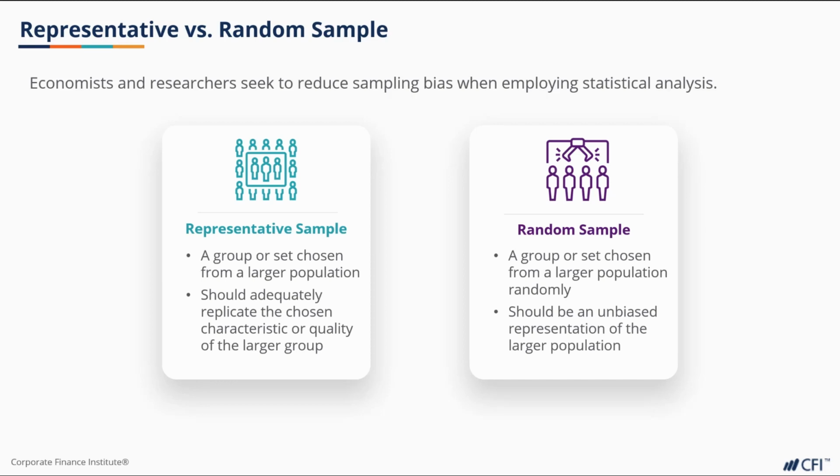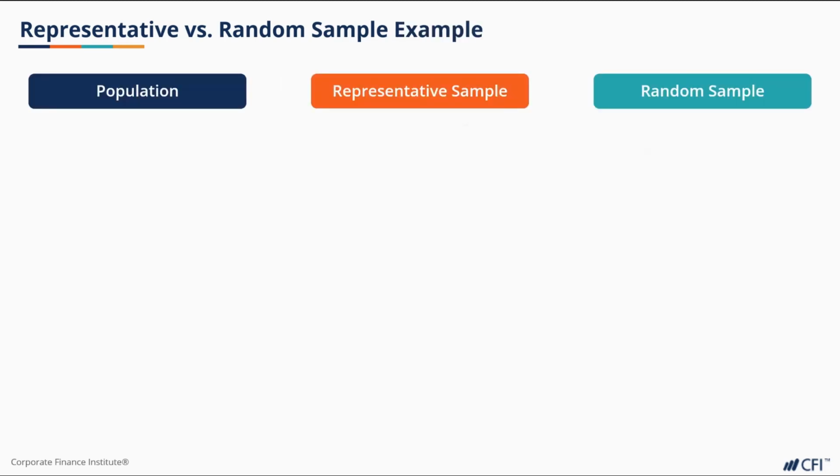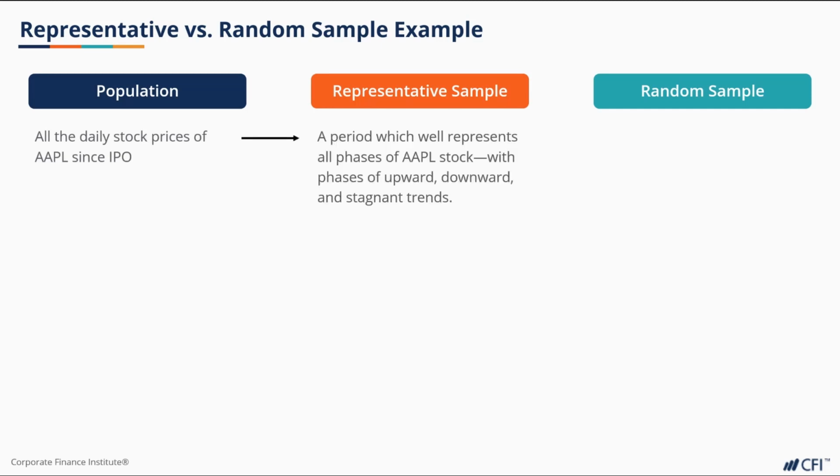Some quick examples. The first is for a population of all of Apple's stock prices since IPO. A representative sample might try to cover all phases of Apple's stock, from it going up to going down and not moving at all. Whereas a random sample may be prices from 100 random days in the period since IPO. In our